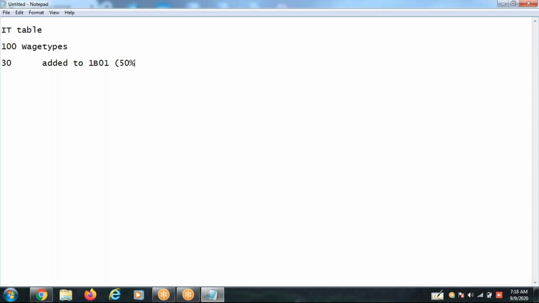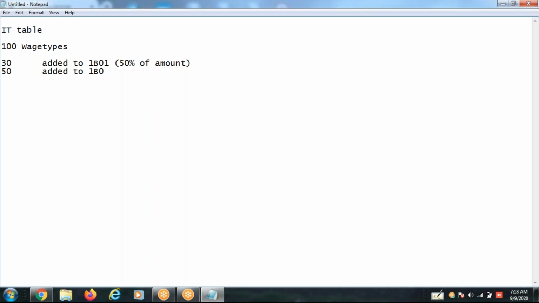50% of the amount. So 50 wage types are added to 1B01 or 1B02.